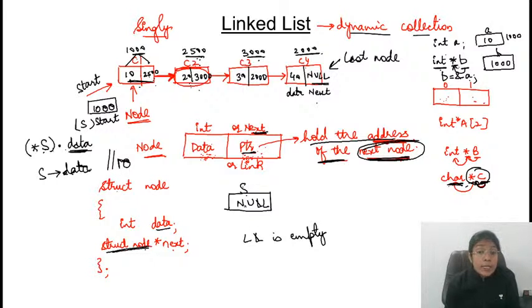In this case, when S is null and you write S of data, what does it mean? S is going to return null, and you want the value inside null. If it is null, then you are trying to access some memory which is not allocated, which cannot be accessed. So in that case, it will generate an error that is known as a segmentation error. Make sense? So this is about the basics. Children, so far I have not discussed the concept of dynamic memory allocation, how to use malloc. First of all, we'll learn how to create